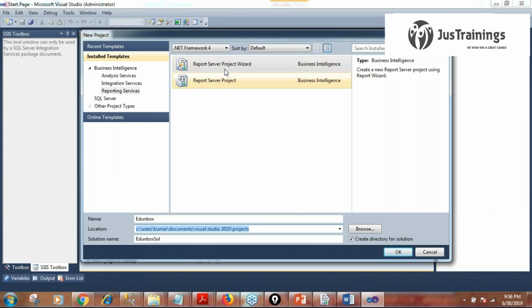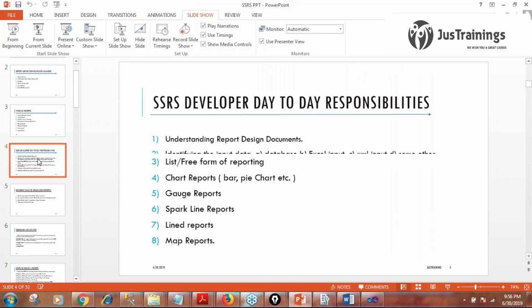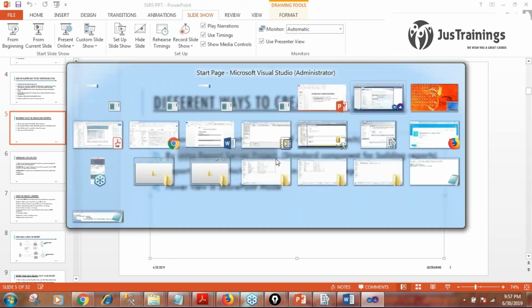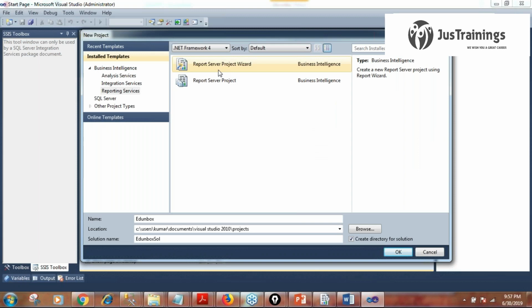As I said, we can work with the report server project wizard and the report server project. So there are two ways of creating a report. One is by using the report server project wizard and the other is by using the report server project. You can create your report by using this wizard, and you can also create that same report using the report server project. The wizard is something like a self-driven mechanism where you have some steps.